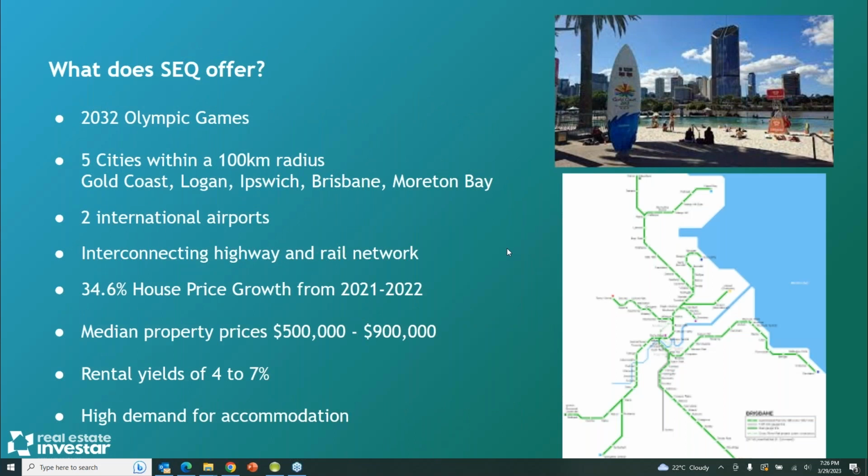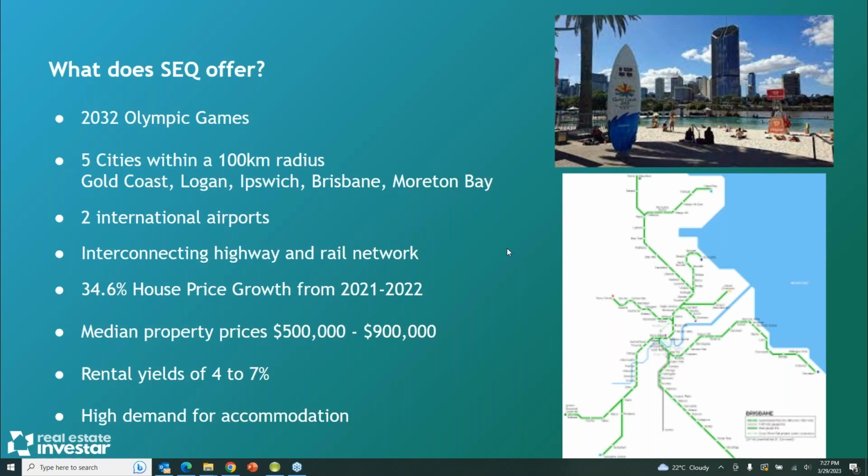So, talking about the Southeast Queensland property market and what's going to happen over the next few years. I'm sure most of you will be aware of the Olympic Games. That's only 9 years away now. It is getting closer. We're currently in the Southeast Queensland corridor, and people are starting to talk about it. The Games Committee are looking at the venues and infrastructure. And if you go back to when Sydney hosted the Olympic Games in 2000, leading up to the Olympic Games and after the Olympic Games, that was a real driver for property prices to start climbing in the Sydney market. So, success leaves clues.